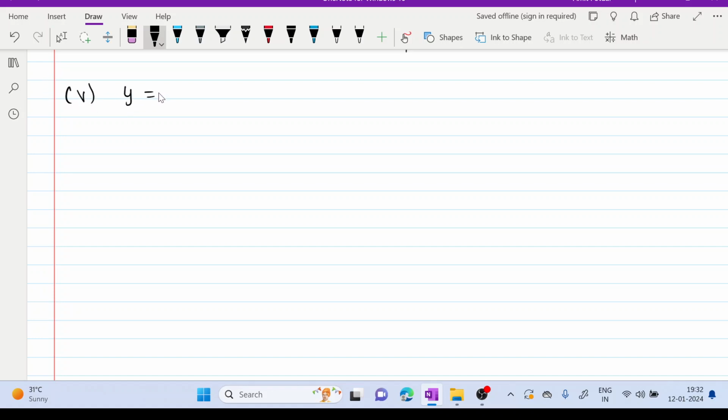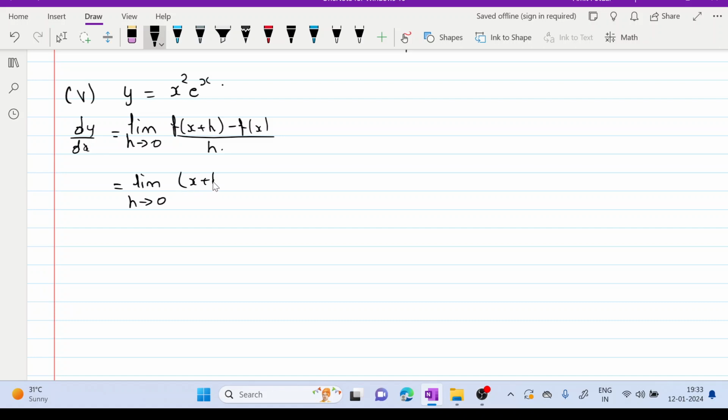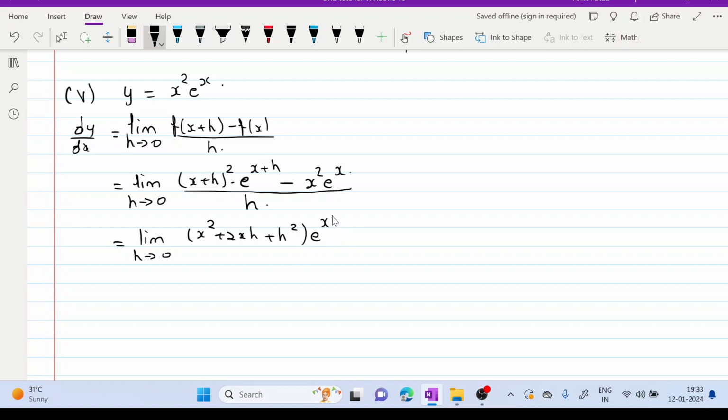and that is y is equal to x square e^x. Okay, this is your f(x). So dy/dx is going to be equal to limit as h tends to 0 of f(x+h) minus f(x) upon h, which is equal to limit as h tends to 0 of (x+h) the whole square times e^(x+h) minus x square times e^x, divided by h, which is equal to limit as h tends to 0 of (x square plus 2xh plus h square) times e^(x+h) minus x square e^x,